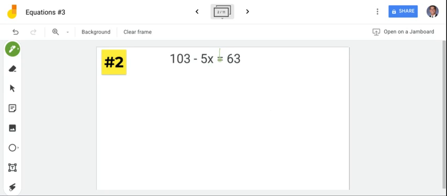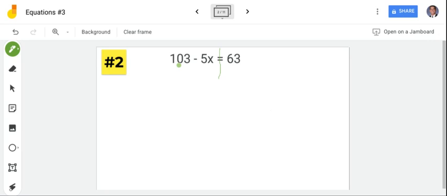If this is my equal sign right here, of course, there's a left side to the equation and a right side to the equation. And so if my variable x is on the left side, I need this number, 103, to not be on this side, but to be on this side. So how am I going to get 103 to cancel on this side? How am I going to get 103 to be 0? Well, remember, move means add or subtract, so I'm not going to add 103 because 103 plus